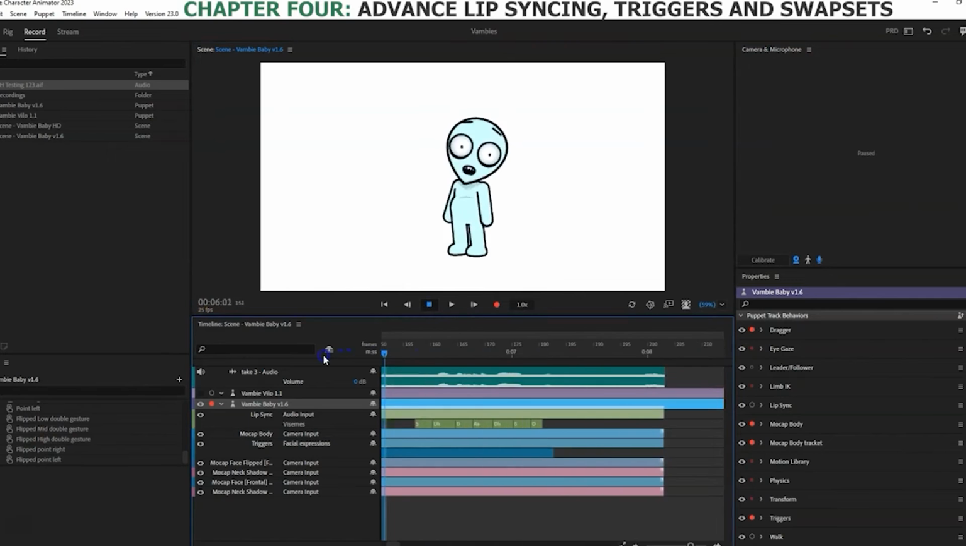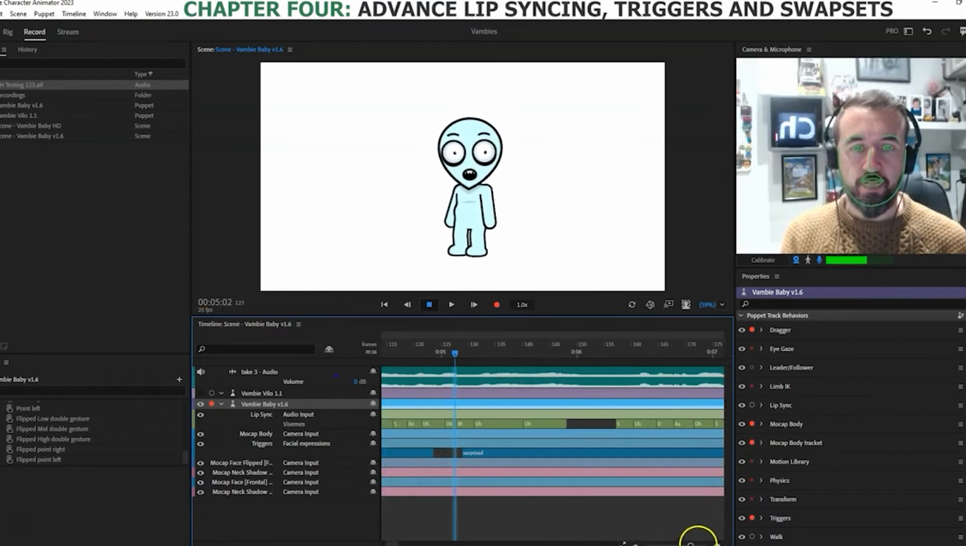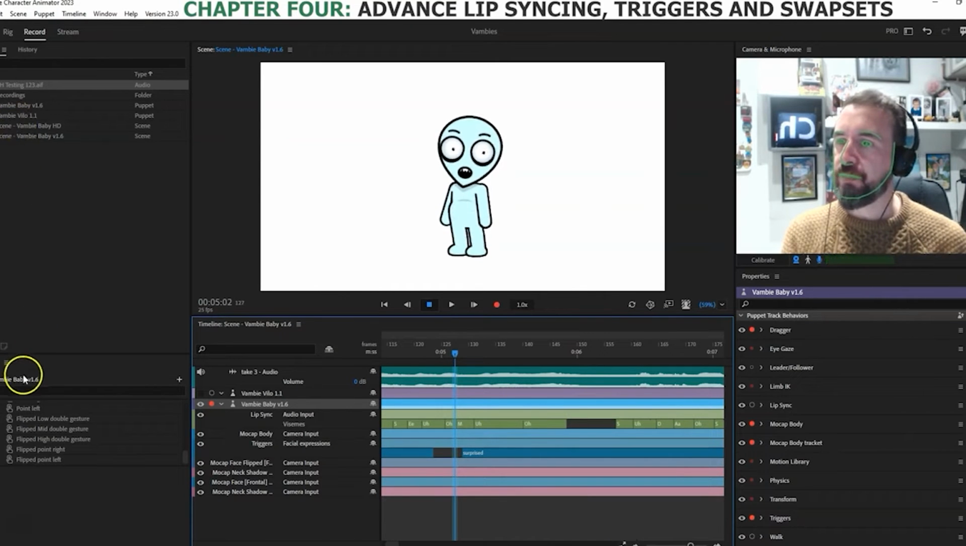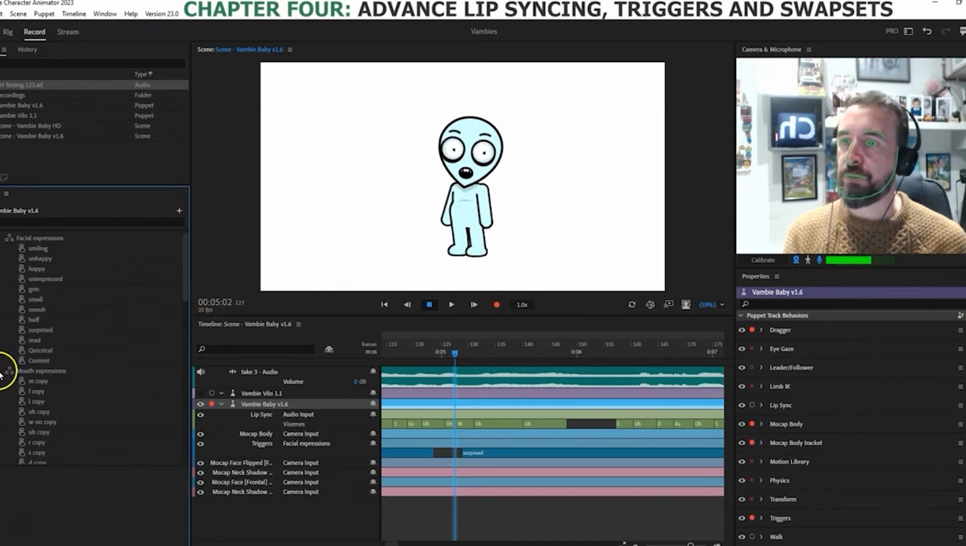Right, so a couple of things here. As you can see, let's move this up here. I've got a bunch of swap sets, and what these swap sets are